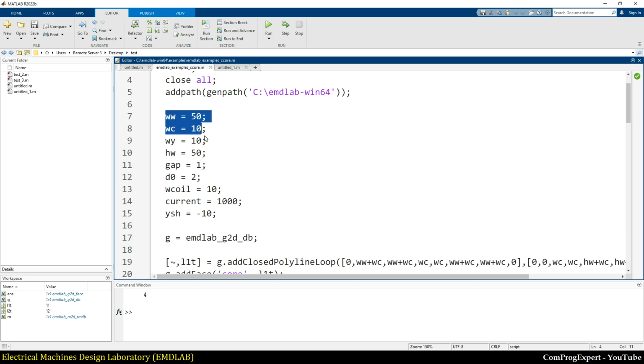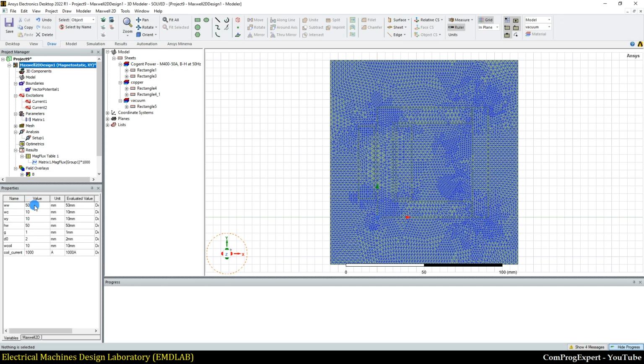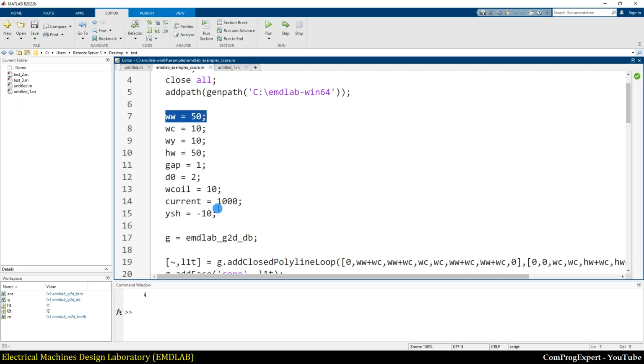Here I have these parameters, the width of the window, similar to this one, 50 millimeters, width of the core 10, width of the yoke 10, height of the window 50, air gap is 1, D0 is 2, width of the coil is 10. And this is the value of the current. So here, like before,